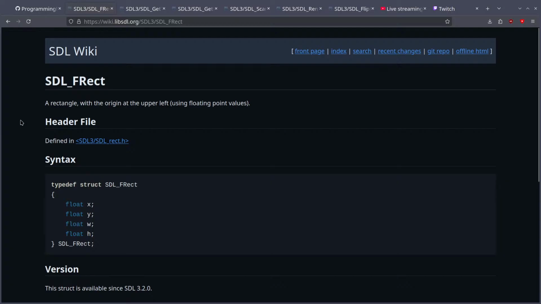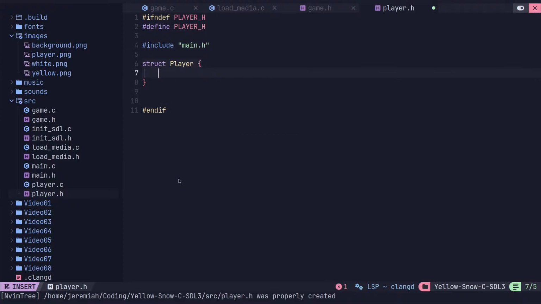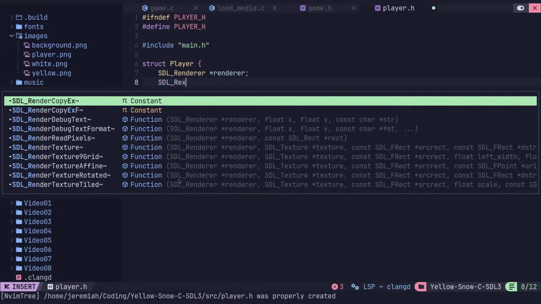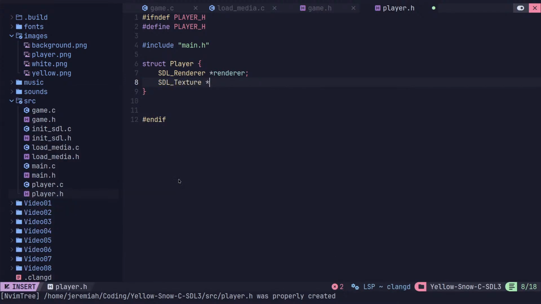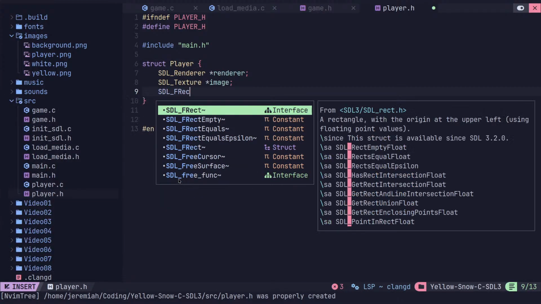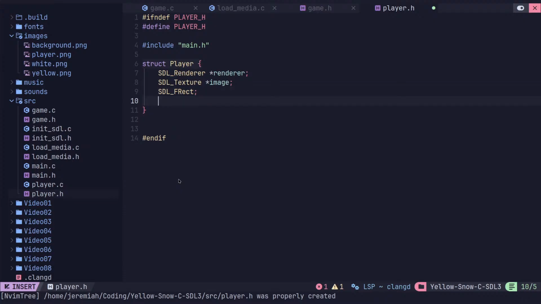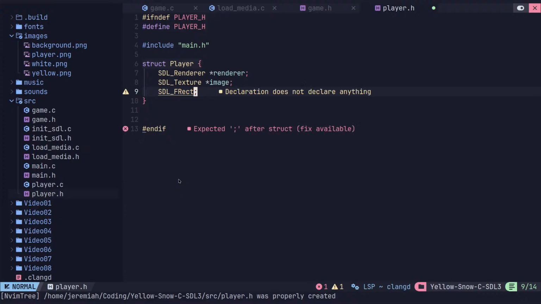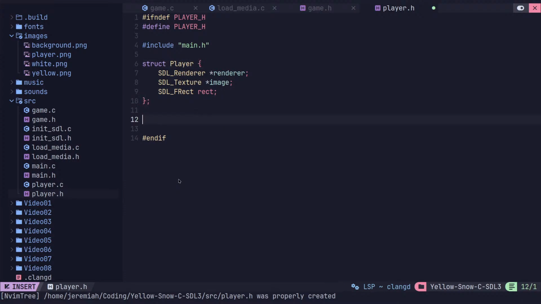We are going to need this rectangle right here that we're going to populate. So I'm going to add this in here as well. So we're going to say SDL_Renderer. Okay. And that's just going to be a pointer. We're not creating a new renderer. I'm just going to copy the pointer in. SDL_Texture. And this again is actually in game. So I'm just going to copy the pointer in. I'm going to call it image because it's the player image. And we need this SDL_FRect. And the F and R are both capital. So it's like a float rect. We will be adding more stuff later. Let's just do this right now. And we need an FRect. I'm just going to call it rect. And it's not a pointer. It's just an actual rect. So we need the semicolon here, and then we will have some